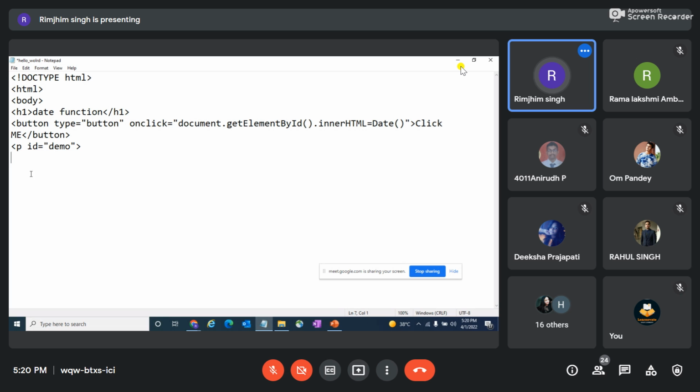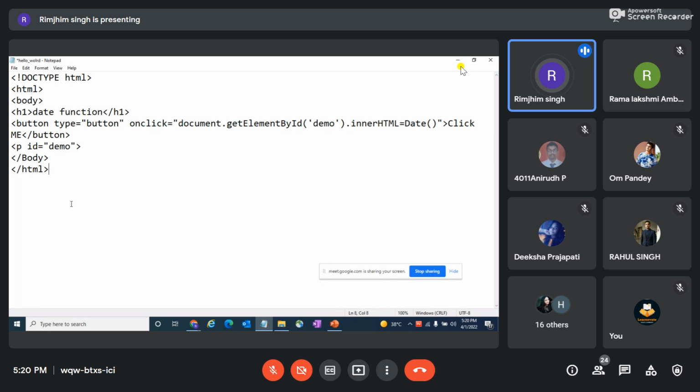So id elements define the html element which I have defined here. What it would do is go to this particular id demo, and herein I'll write demo, and then it would print this particular inner html element, which is the date function. This is an inbuilt function, class, and whenever I click on this particular button, which is an event type, the output would come as today's date. Okay, and then I'll close the body part. Dash html.